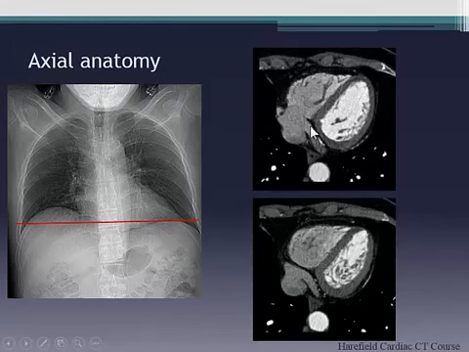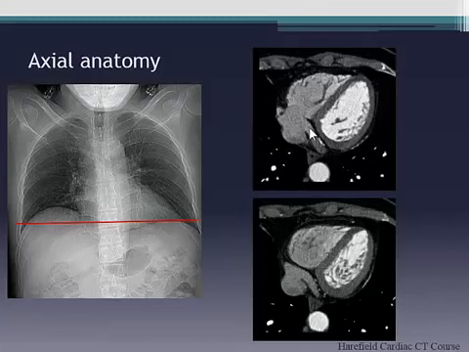One of the things that you should be alert to, and one of the things that you should do when you're doing coronary anatomy, is get used to reconstructing all the standard planes. And there's two advantages to that. One is obviously it gives you a second chance to see something that you may have missed just by scrolling and looking at the coronaries. But more importantly, as those of you who are from an echo background, you're used to looking at the three-chamber, you're used to looking at the four-chamber,